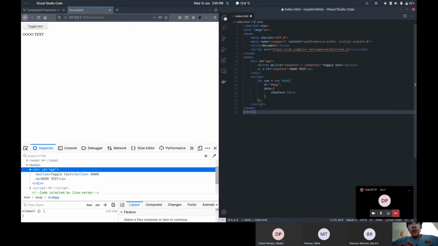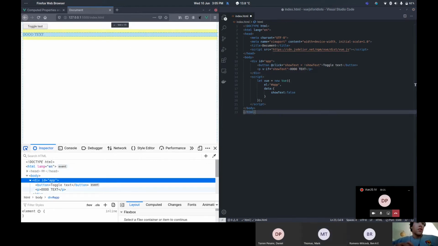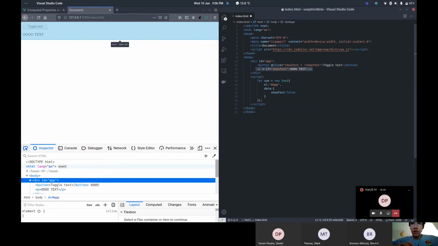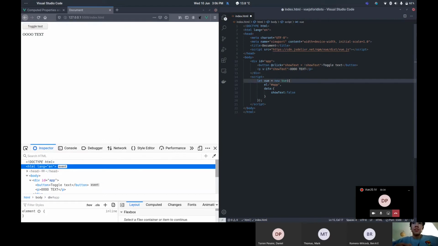So is there an alternative to v-if? Say, for example, you have one of these use cases where you've got a lot of things and you want to toggle their existence. You want to use v-if, but you're worried about performance. There is an alternative called v-show. So if you do v-show, and again, it still takes in a Boolean true or false as its argument,